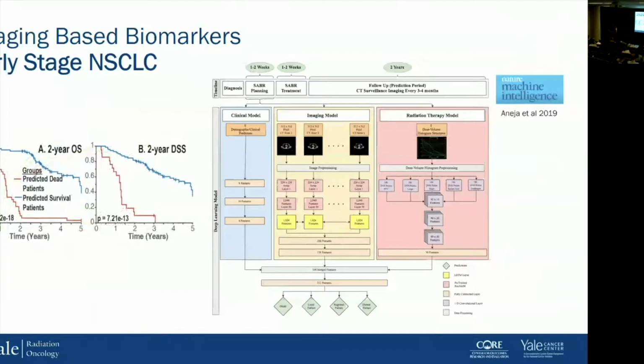And so just for those who are interested in a Kaplan-Meier curve based on our predictions of overall survival, what we can see is that if we look at the ones who were predicted to have death versus the ones who are not predicted to have death, and we track them out over years and years over time, in a more traditional Kaplan-Meier format, we see that there's a statistically significant difference in overall survival as well as disease-specific survival.